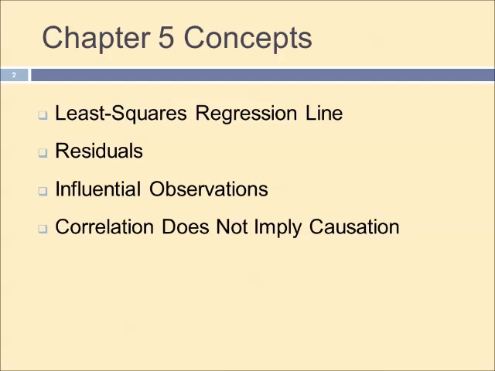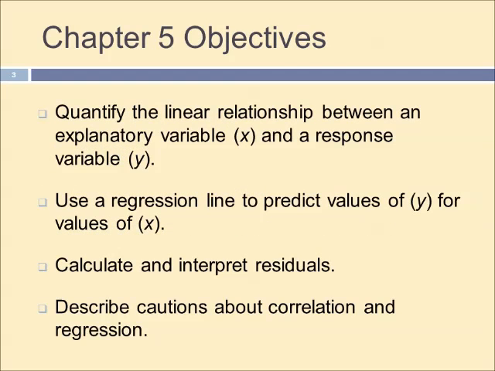The concepts we'll cover here: we'll talk about the least squares regression line, residuals, influential observations, and the notion that correlation does not imply causation. The main objectives will be to quantify the linear relationship between an explanatory variable and a response variable. We'll use a regression line to predict values for particular values of x, calculate and interpret residuals, and describe cautions